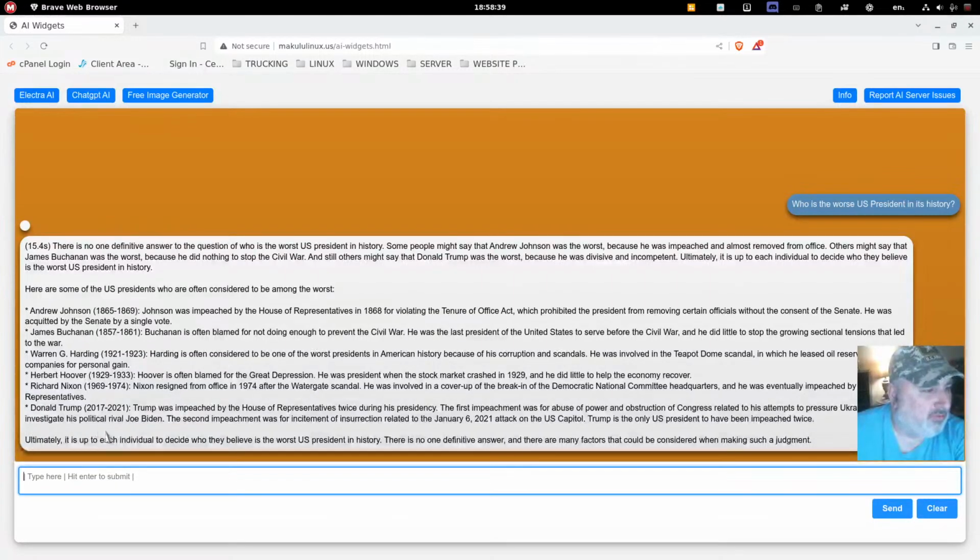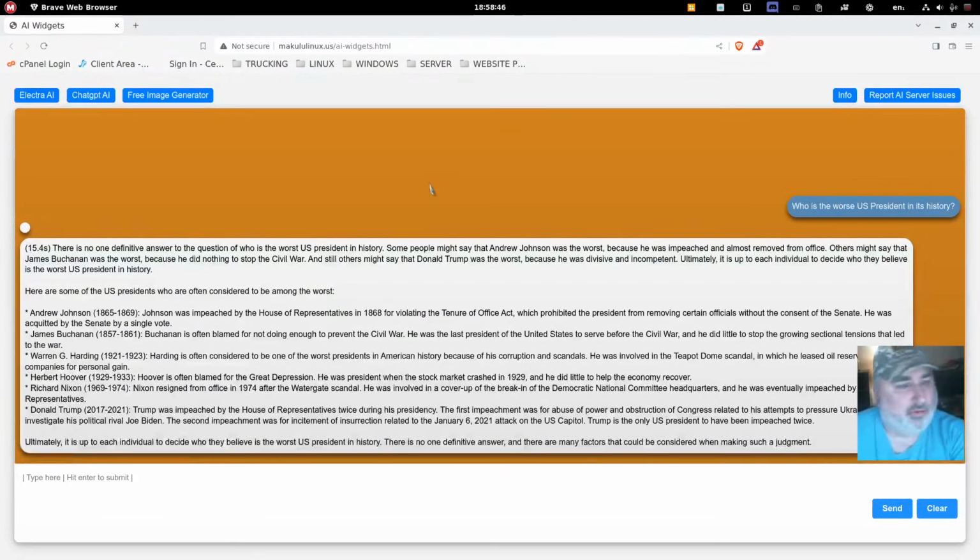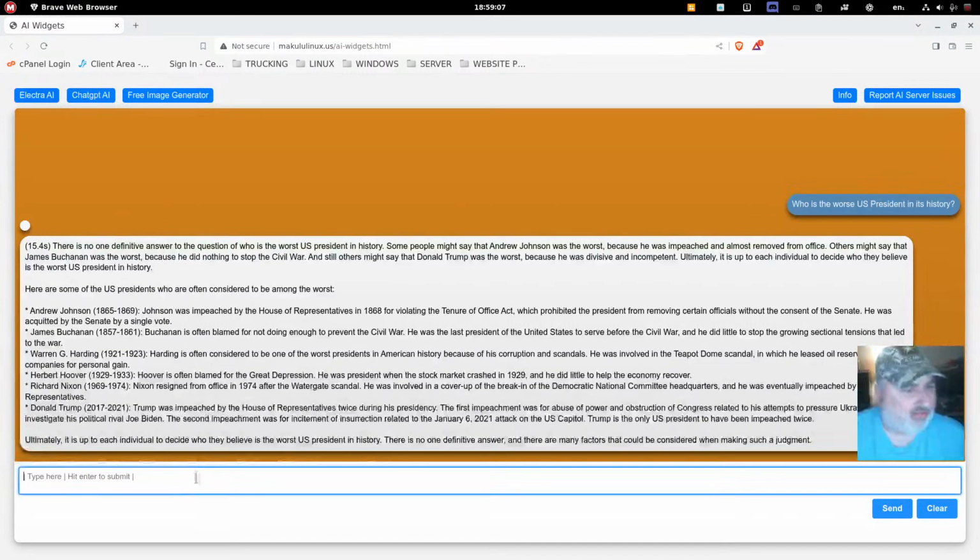Ultimately, it is up to each individual to decide who they believe is the worst president in history, and I have to agree with that. And I can just agree to disagree with people who think that my favorite president, the person who I think was absolutely the best president in history, is Donald Trump. They don't have to agree with me, but the economy and everything pretty much proved it. So, but anyway, let's ask it